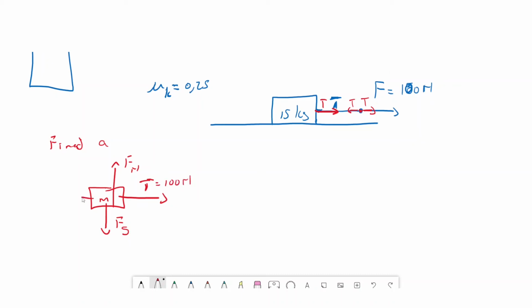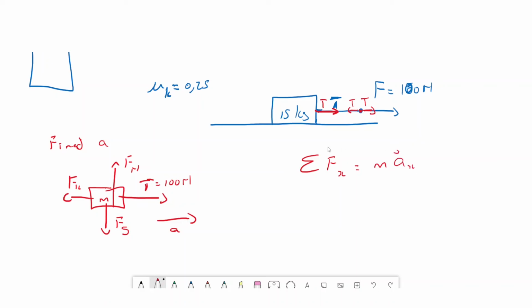Then I'm going to have kinetic friction that way. Then I will find out what the acceleration is going to be. I can assume that the acceleration is going to go that way, but even if you don't assume, you can just find it in this case. All right. So what is going to be the acceleration? Well, the sum of all the forces on the x is going to be equal to ma